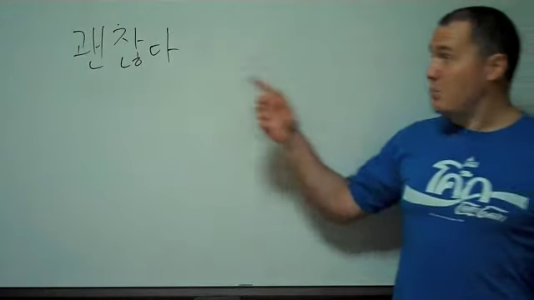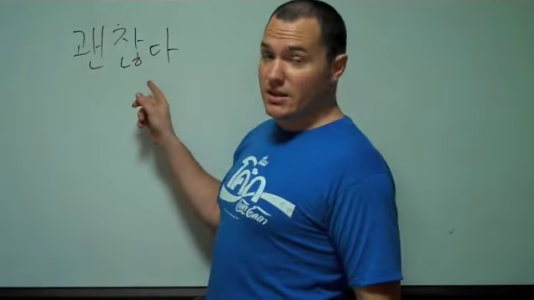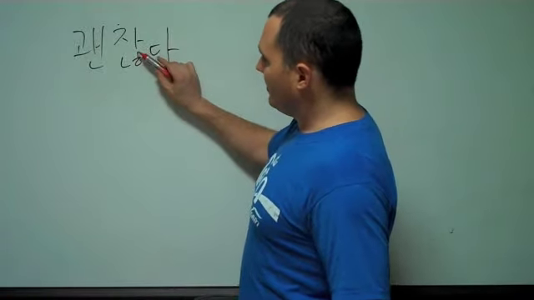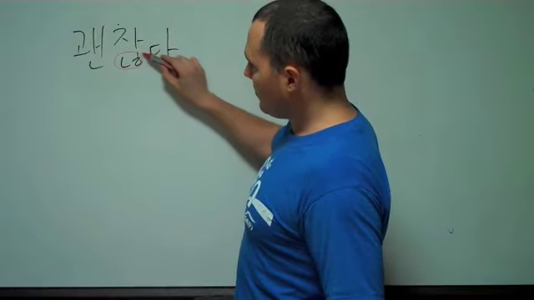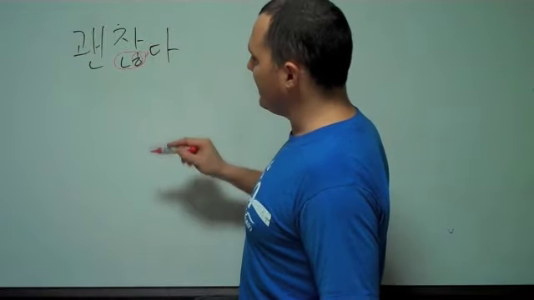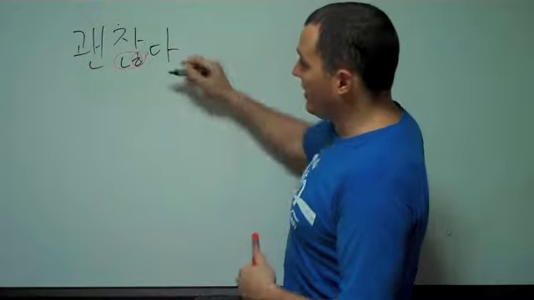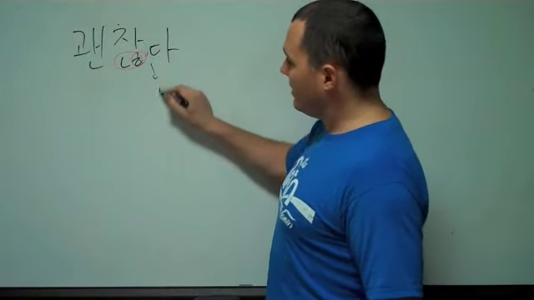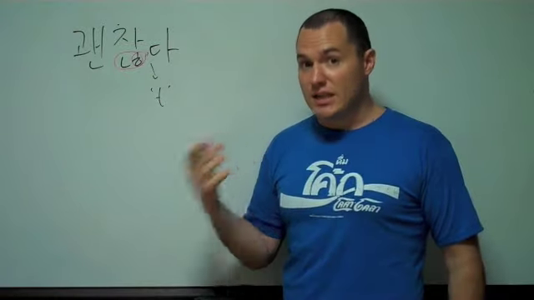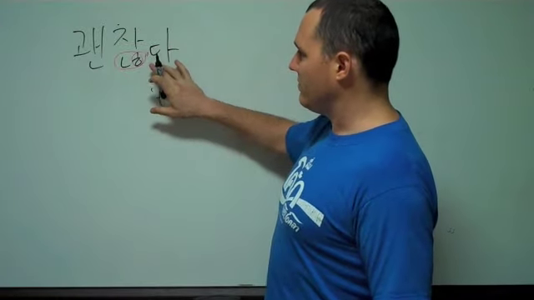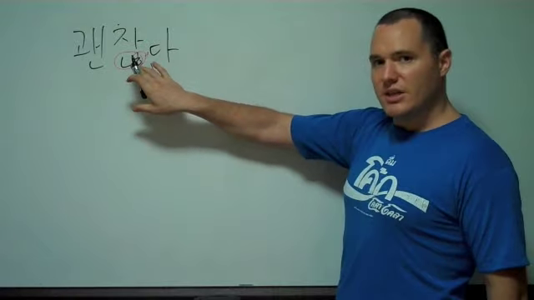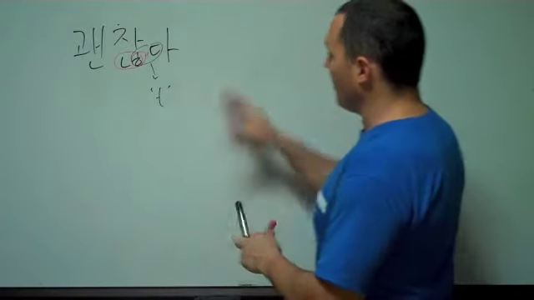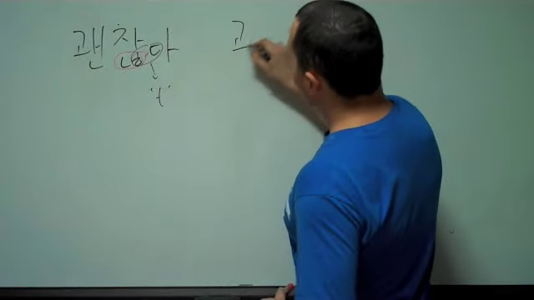Okay, here's another example. 괜찮다. In the base form, we have this H. Here's our consonant cluster. We have this H preceding this D. And now, I don't know if you've studied this far yet, but we know this is going to turn this D sound into a T sound. 괜찮다. Now this really has nothing to do with the cluster necessarily, except that this is combining with this. But when we look at it in the expanded form,